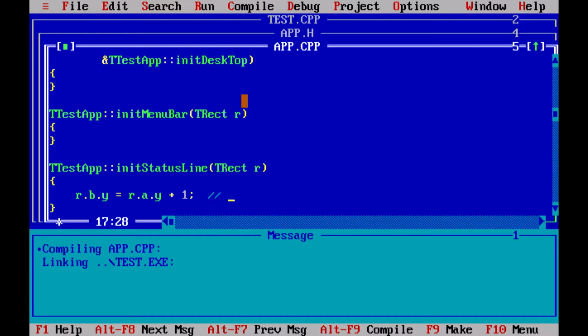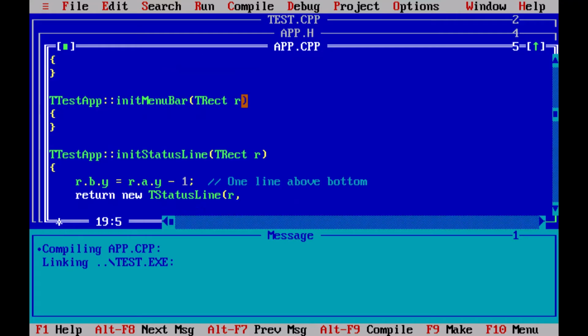So that's one line above, oops, sorry, it's minus, and that's one line above the bottom. And then I return a new TStatusLine, and I pass our new rectangle, which I modified for just our one line,